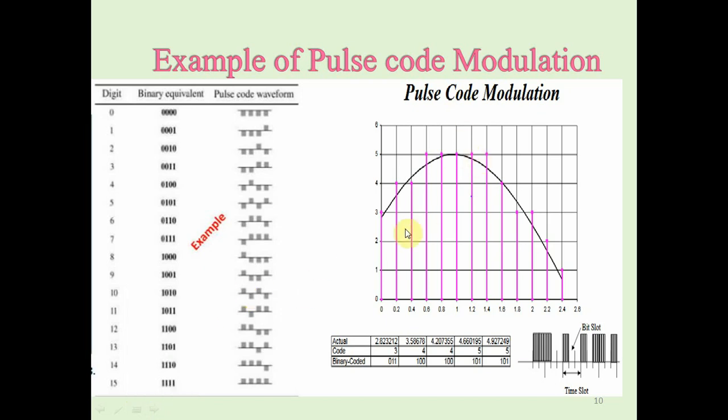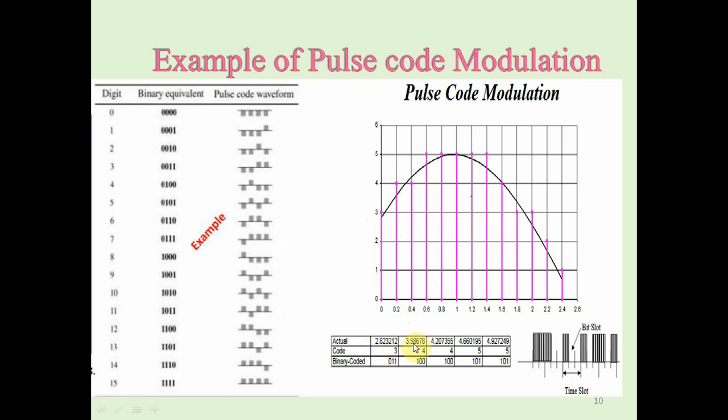Then the pulse code modulation technique is shown in this waveform. The levels are 0, 0.2, 0.4, 0.8, 1, 1.2, 1.4 and so on up to 2.4, and this is the time slot. From the time slots we get sample numbers 1 to 13. These are the 13 samples, and they have different amplitude values, which are approximated. The actual value of the first sample is